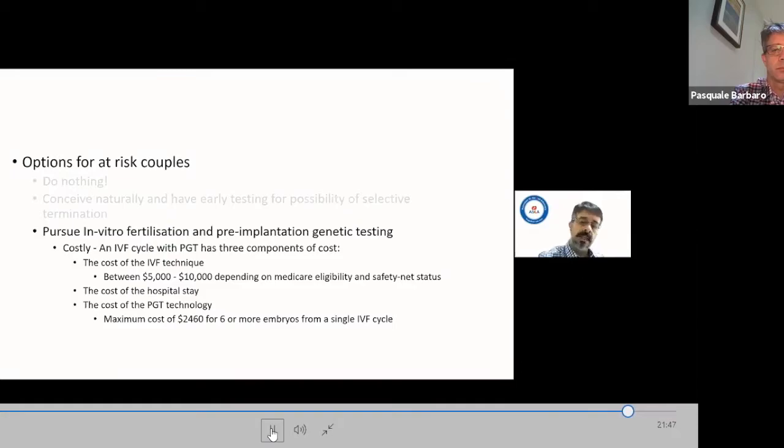And again, these are not Medicare rebatable tests. So this is going to be out of pocket for patients. And many patients, unfortunately, can't afford this. But ideally, it would be good if this was all Medicare rebatable, because the long-term cost to the public health system for patients with sickle cell disease could be completely avoided by the government spending this $20,000 up front, which would save them magnitudes more, ideally.